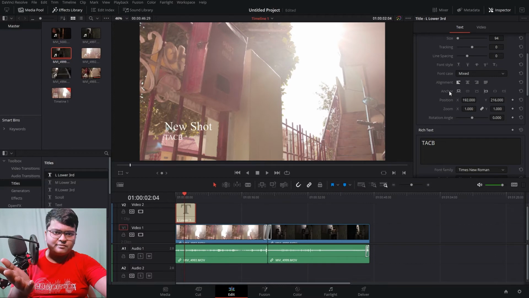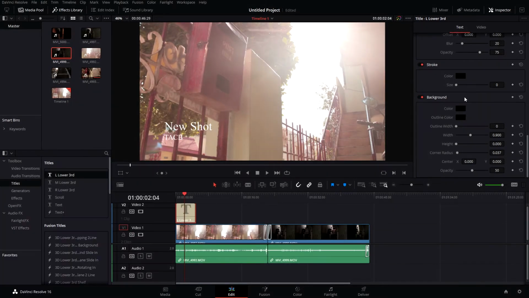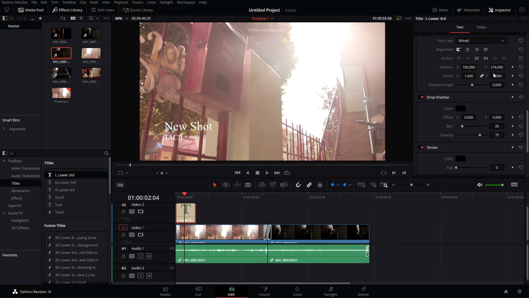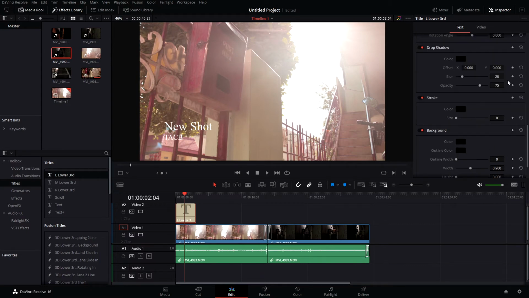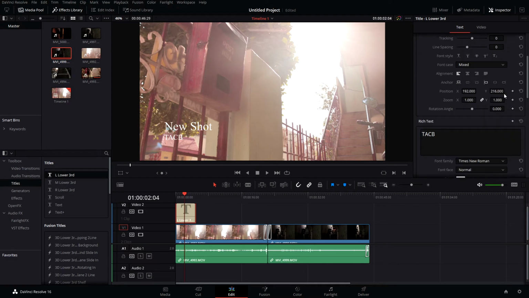You know Word, so it's like that. I'm just going to turn off my cam. And then here you can see many options like drop shadow, stroke, and background. These are all the known options from Word. If you have learnt Word in 6th standard to 9th standard, you will remember all these controls. If you haven't, no problem, you'll get to know soon.